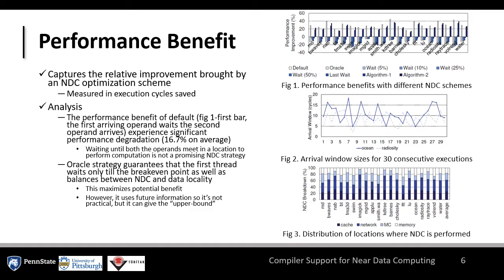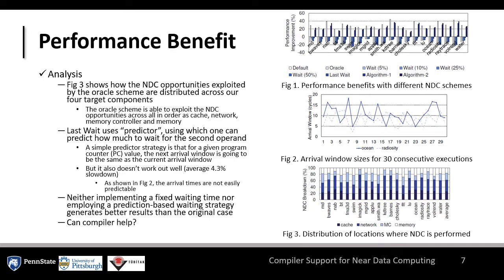The reason that the last wait doesn't perform very well is, as we showed in the paper, that there is not much regularity in optimal wait times. The last plot here is showing the distribution of the near data computing opportunities that Oracle exploits. So Oracle, as you can see here, exploits the near data computing opportunity in each of our 4 potential locations. And now these results overall indicate that